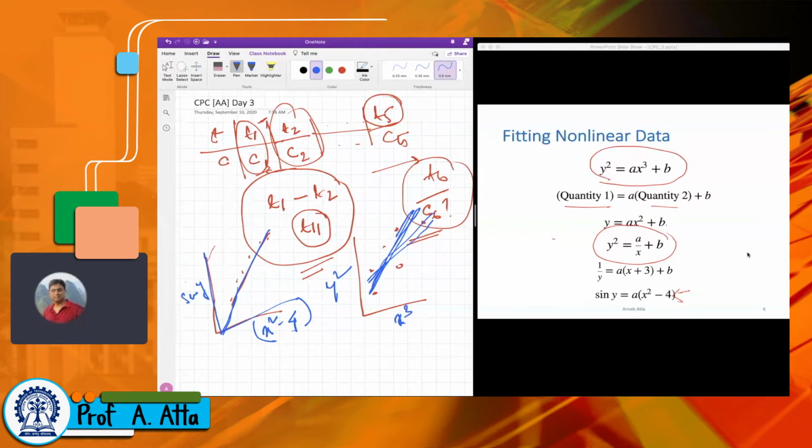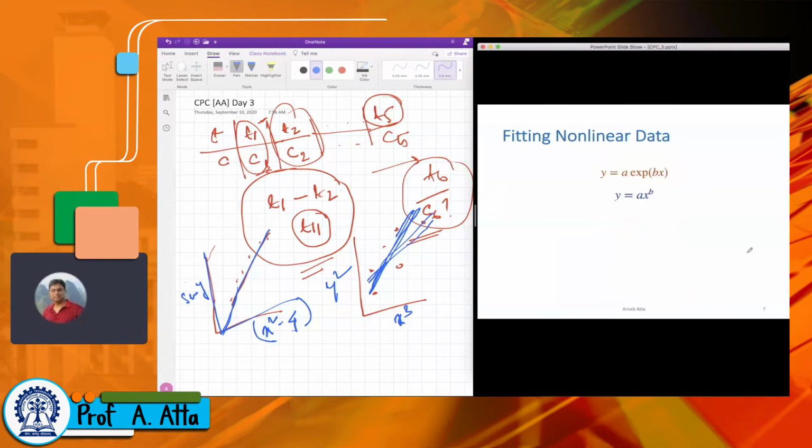So you should be able to quickly recognize this kind of data and try to fit it to get either interpolation or extrapolation. Now, the other thing is this kind of expression. What do you call this expression, the first one, can you tell me? The generic class exponential function. Perfect. So this can be written as y is equal to a e to the power bx, or in this fashion. Different books, different nomenclature. So this is called an exponential function, and this one, y is equal to a into x to the power b, we call a power law function.